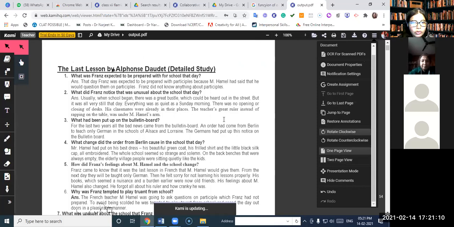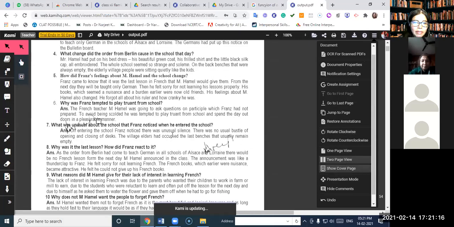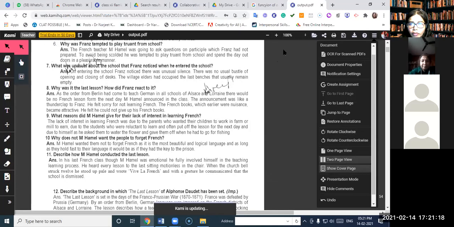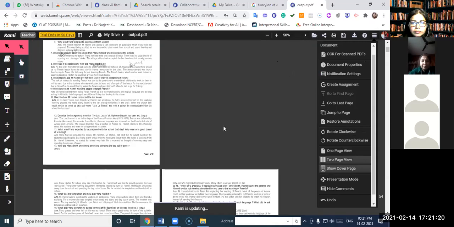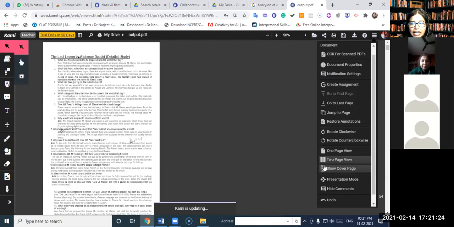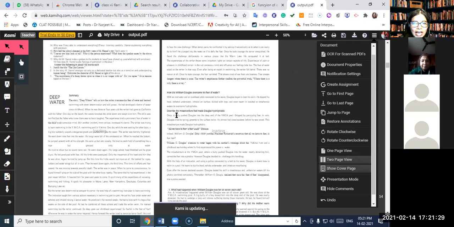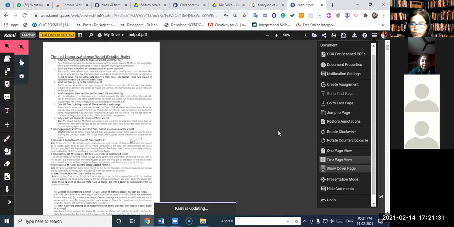We want one page view, this is one page view. We can have two page view also. Two page view means we can have the documents side by side. And see, when I increase or decrease the size, it will show you 2 pages side by side. You can annotate, you can work on that, and it's very easy for you to do.